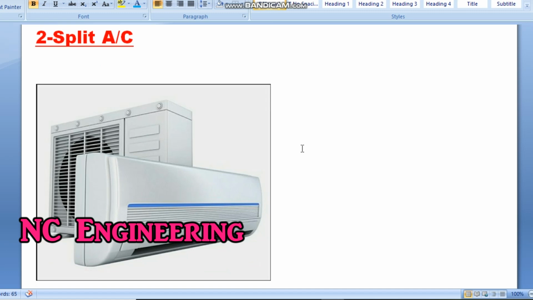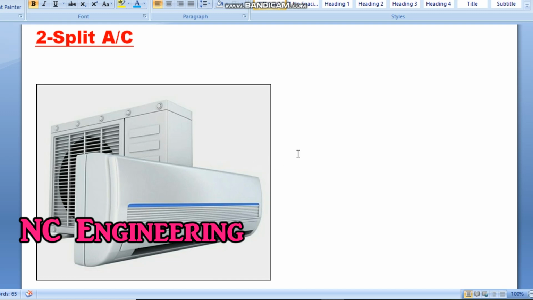In these pipes the refrigerant is flowing, and on the same principle it takes the heat from the air, sends it to the compressor and makes the air cool. Indoor units are of different shapes and types. We have cassette types, which are normally fixed in tile ceilings. We have high wall type, this one. We have floor stand type. There are different types, and you can select as per the situation. If you have more decoration in your room, you can select as per your decoration and fix it.